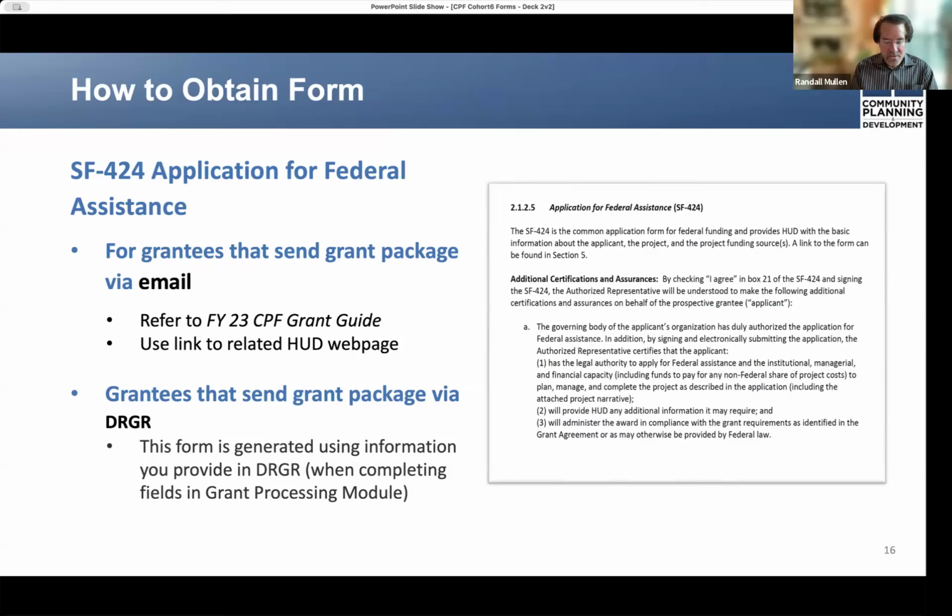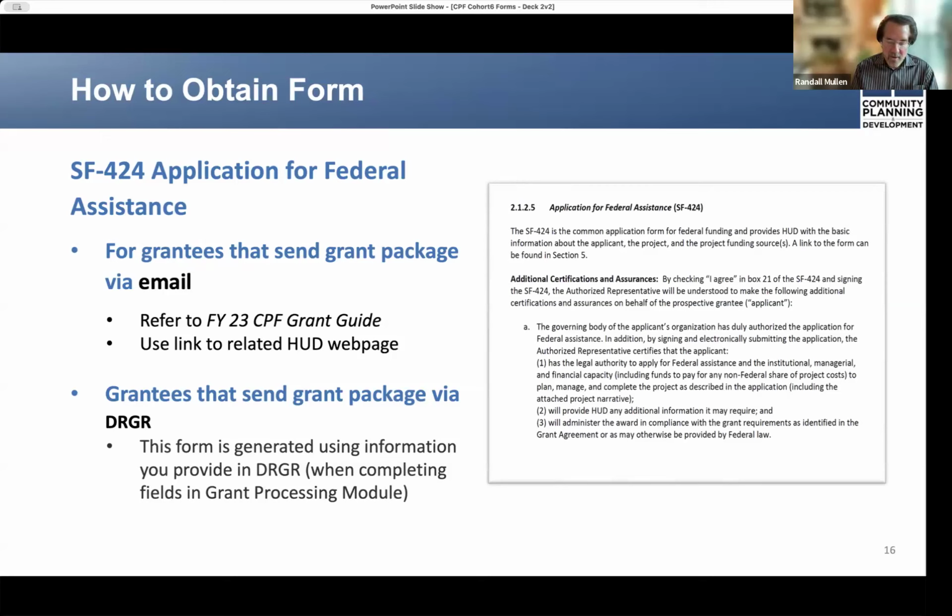And then the third step after finding forms and SF-424, you want the application for federal assistance. That is the base form that you would submit. And you'll find out momentarily that there are a couple of supplemental forms that carry that same SF-424 designation.